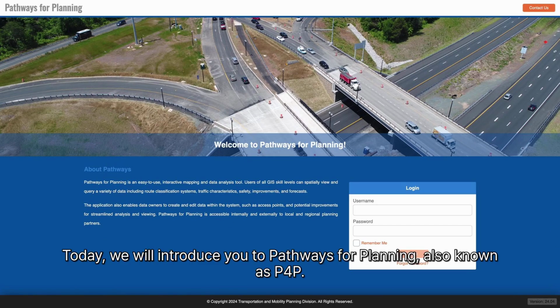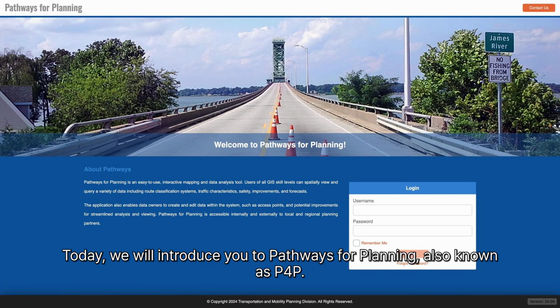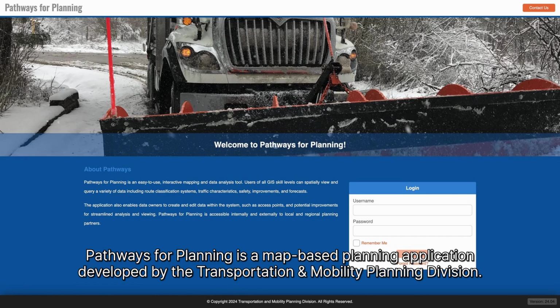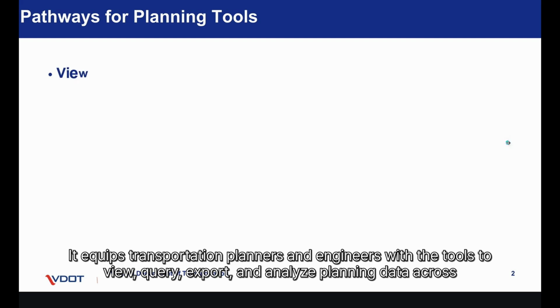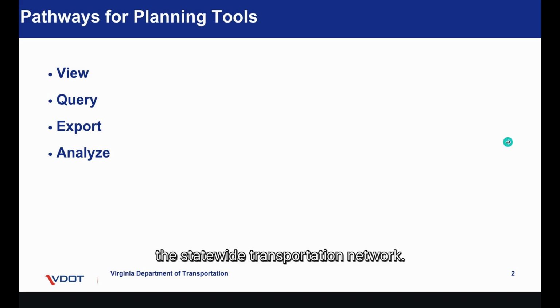Today, we will introduce you to Pathways for Planning, also known as P4P. Pathways for Planning is a map-based planning application developed by the Transportation and Mobility Planning Division. It equips transportation planners and engineers with the tools to view, query, export, and analyze planning data across the statewide